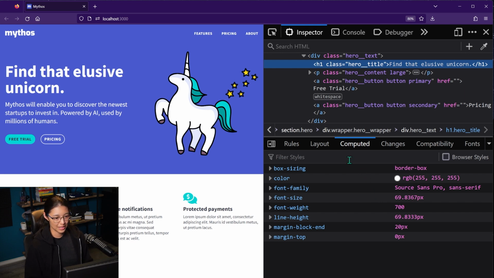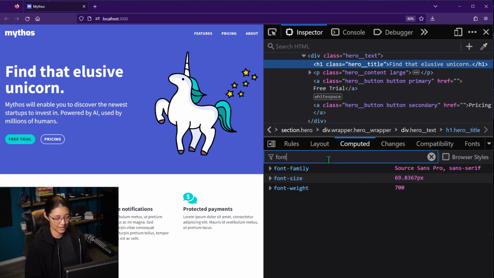And kind of like the rules tab, there's a filter text box. So let's say font. If I type in font, it's only going to show the style rules that have the word font in the style. And next to the filter text box is this checkbox that says browser styles.